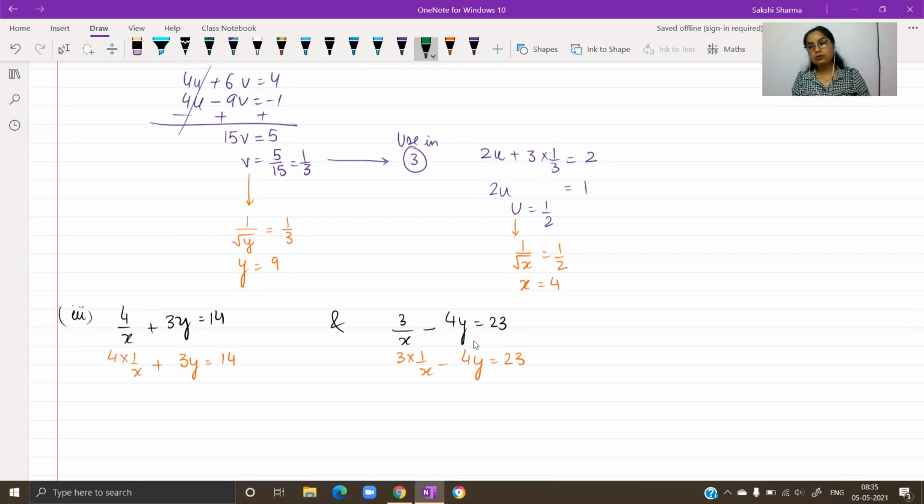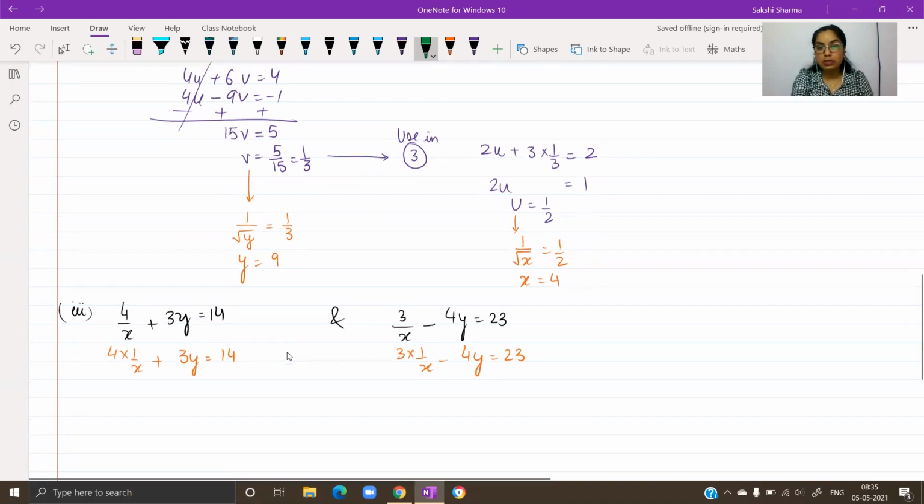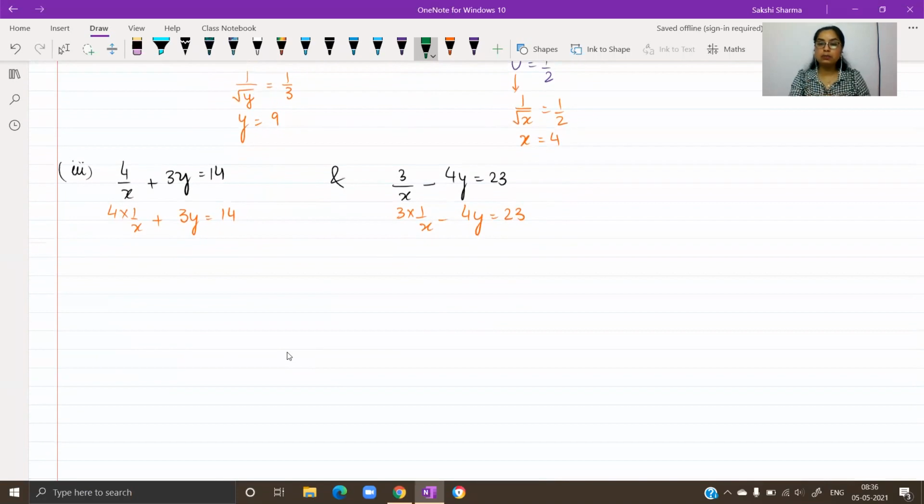Usually we convert in order to fix the variable which makes this expression not a linear polynomial. हमें usually उस part को fix करना होता है जिसकी वजह से ये linear polynomial नहीं है. So right here the only problem is with x. You don't have to replace y. If you want, you can just replace y with a new variable, but at present only x is causing problem because it's in the denominator. So you can work by only replacing 1 over x with a new variable. सिर्फ अगर आप इस portion को new variable से change कर दो, y को ऐसे ही रहने दो, you will be able to solve your equations with any of the methods you have done.